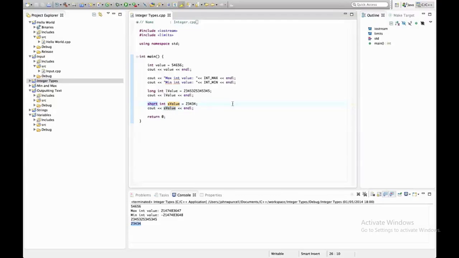Another thing you can do here is use the sizeof operator to find out how much memory these types actually use. So we could say cout and sizeof int, let's say,